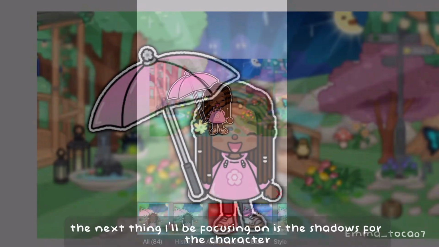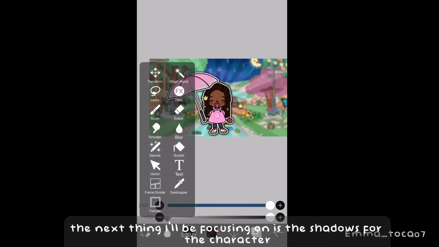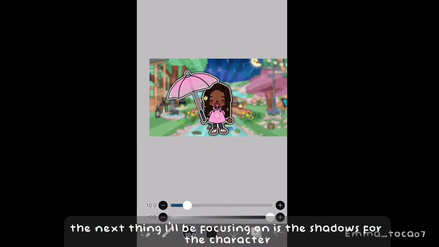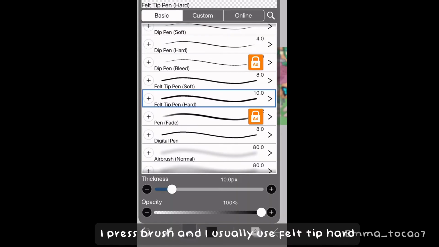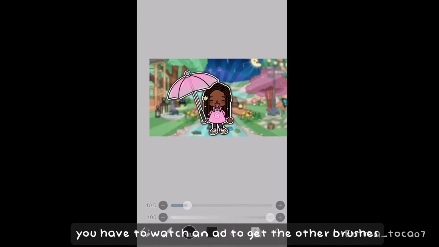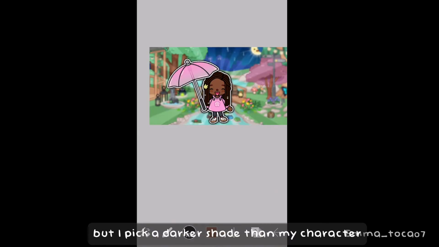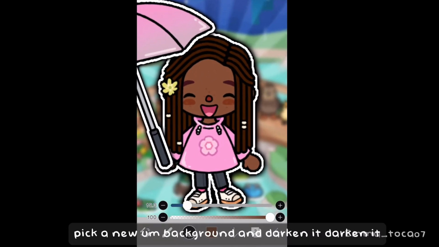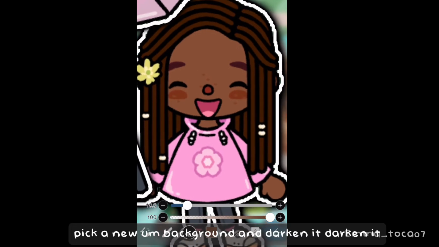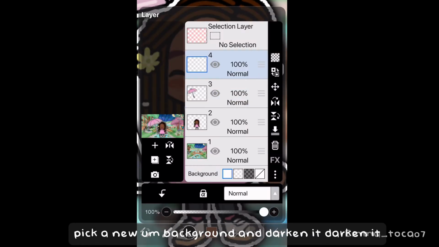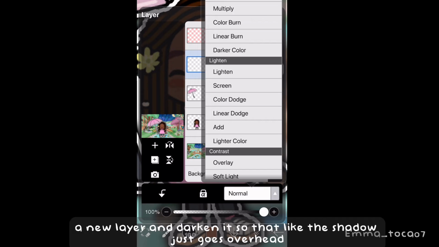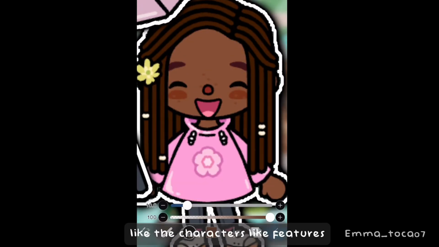The next thing I'll be focusing on is the shadows for the character. I press brush and I usually use filter pod. You have to watch an ad to get the other brushes, but I pick a darker shade than my character, pick a new background and darken it, I think. It's a new layer, and darken it so that the shadow just goes overhead like the character's